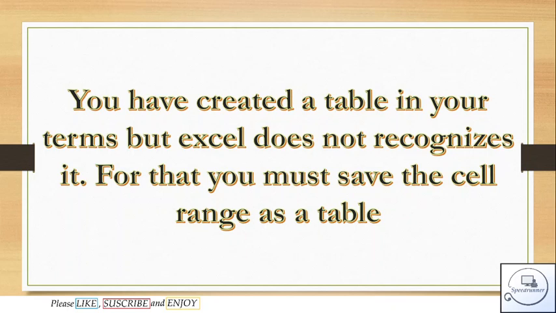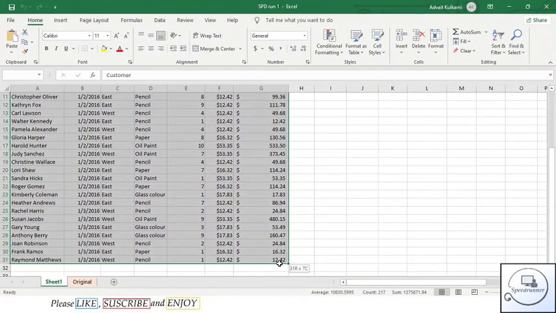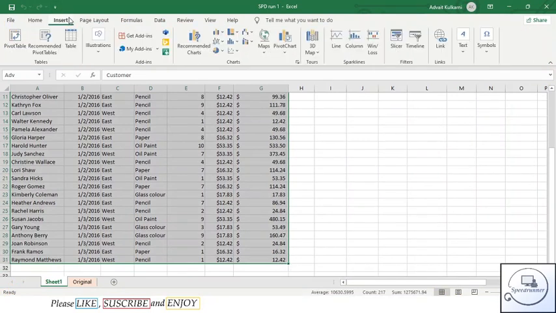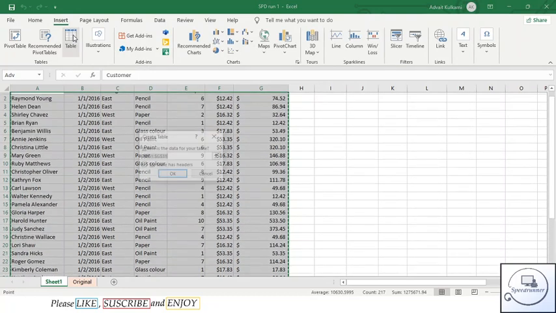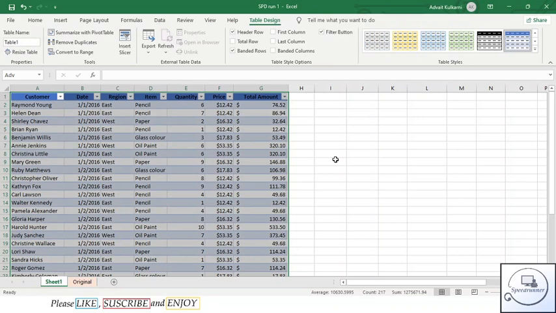Now let us learn how to create a table. It is just a recap of the last video, in which we learned how to create the table. For creating a table, you should have the range you want selected. Now go to Insert, and then Table. The Create Table tab will open up, and then we add the cell range and select OK. Now a table itself gets formed.